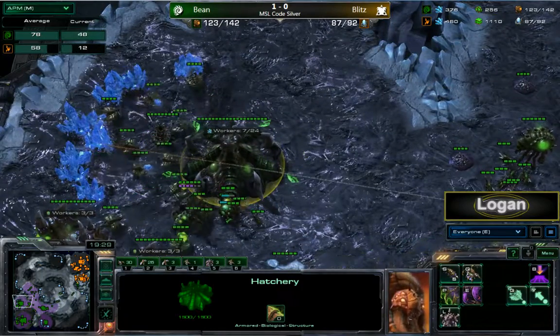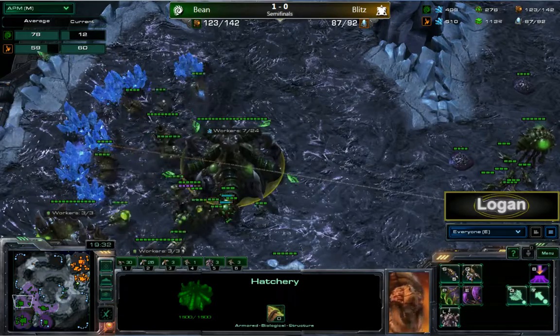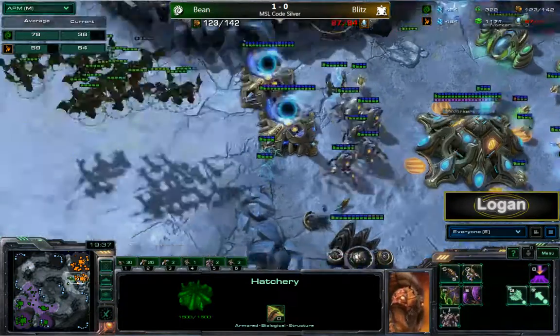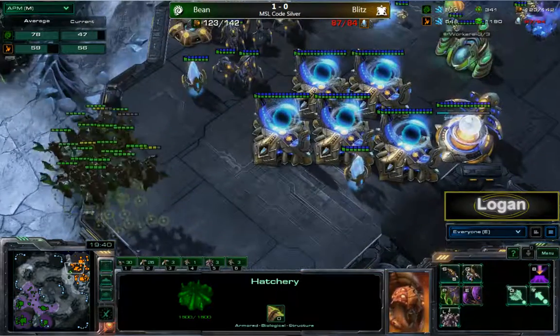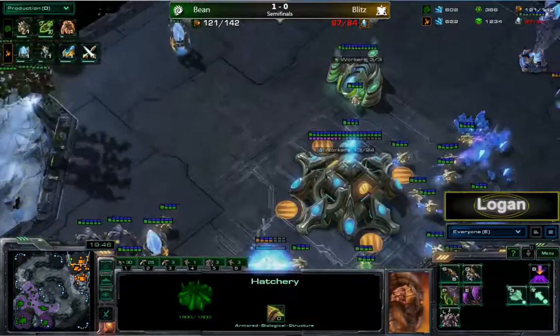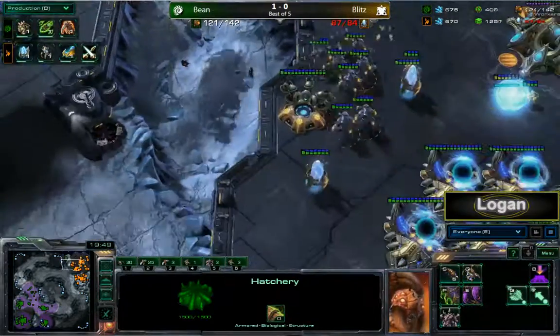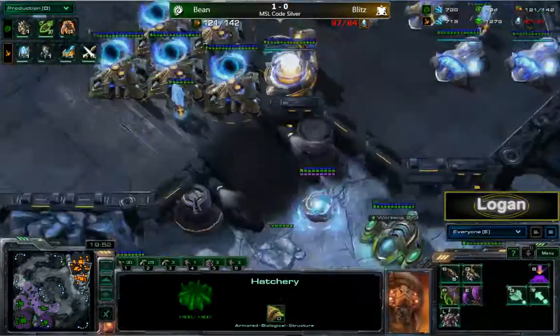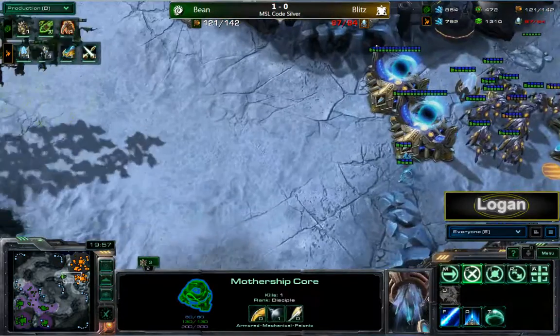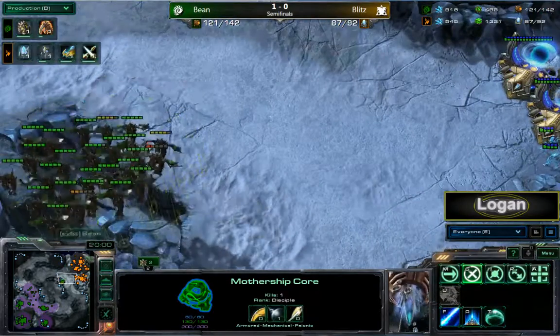So we'll see so far that on average, Blitz is a little bit below Bean, not terribly below. But it is something worth noting. However, now the number of mutas has reached that murder of muta size, and they could directly engage these stalkers, but they've for some reason chosen not to. The Mothership Core has enough energy for a photon overcharge, so he could be able to defend this here pretty well,